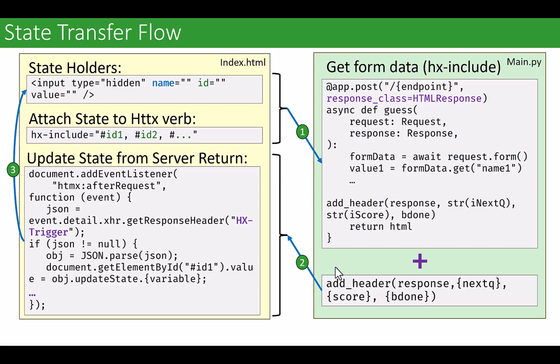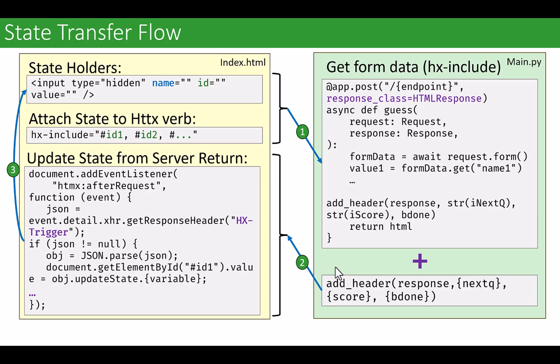Here's the state transfer flow. Right now, this is just noise, but I want you to come back to it and maybe look at the code. Essentially, I'm stashing all my state in hidden input types. And when I want to send a piece of state,